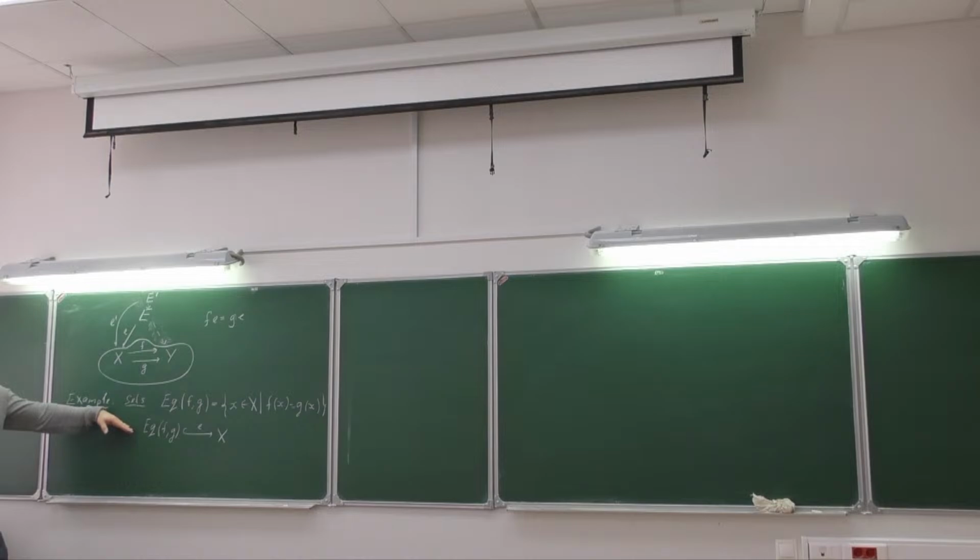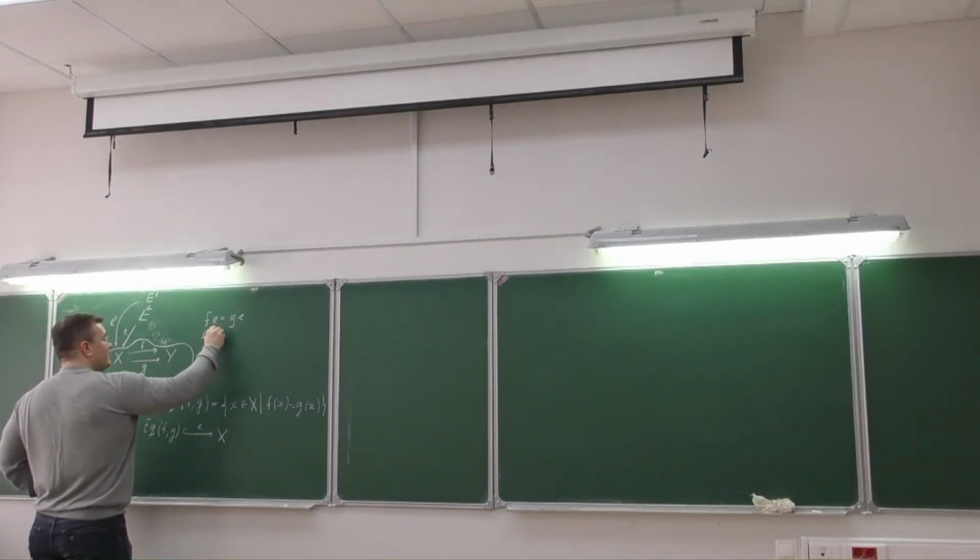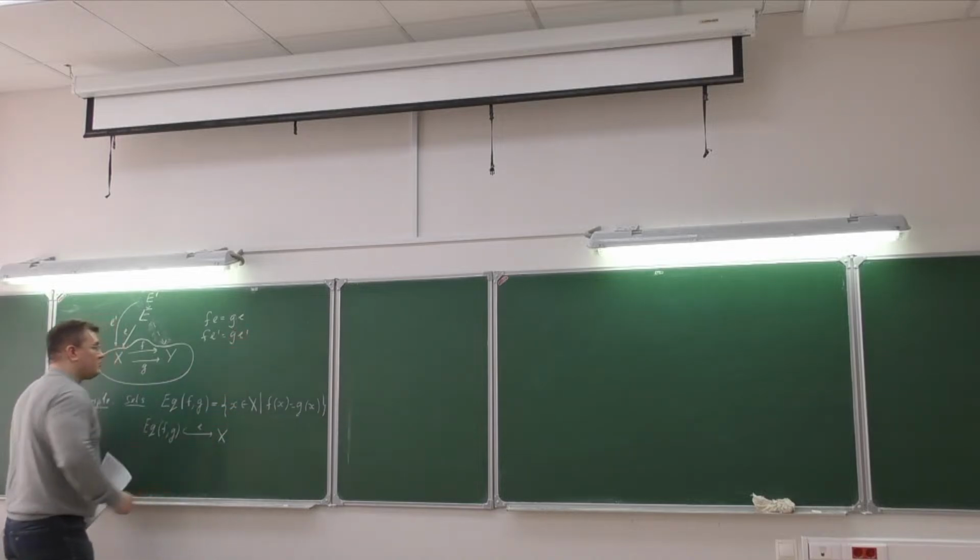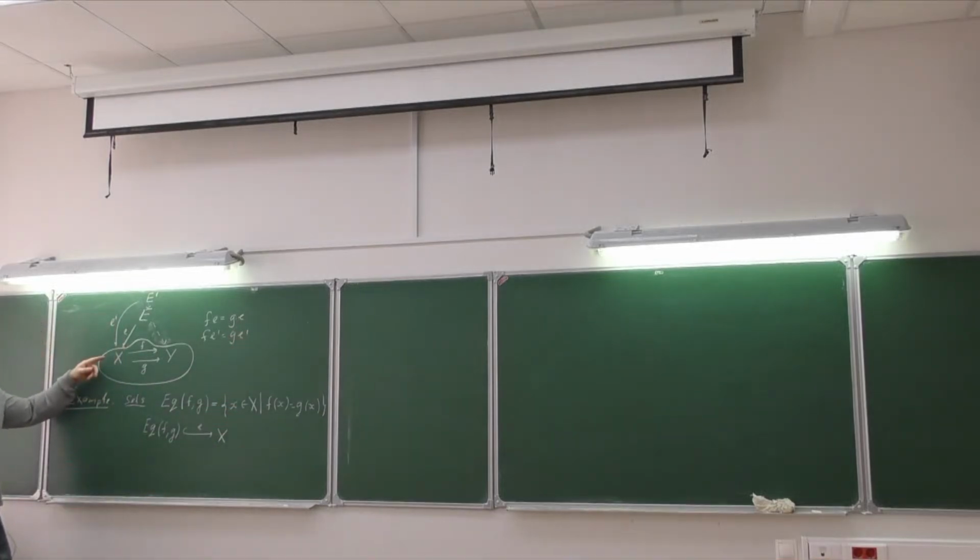What would be the explanation? So suppose that now I have any other set right here, and I have another map, say E prime, to this set X. And I know that if I apply these two maps, the answer is the same. So this is also given. But if this is the case,